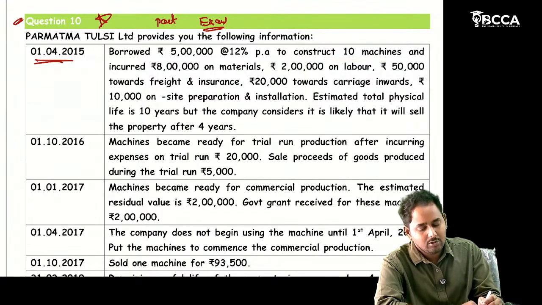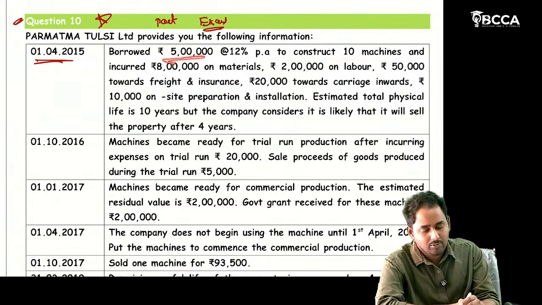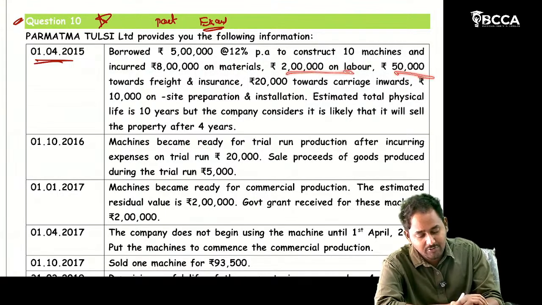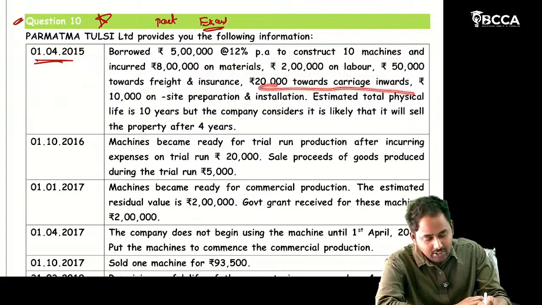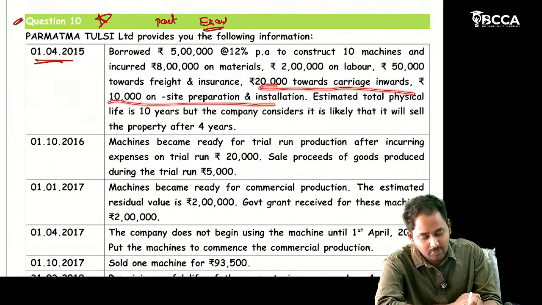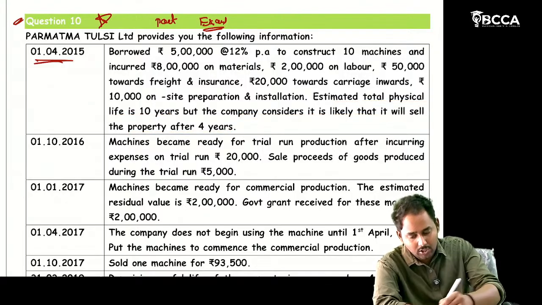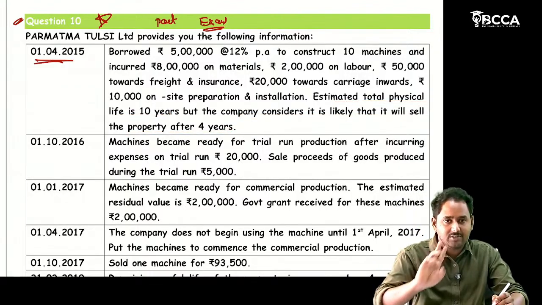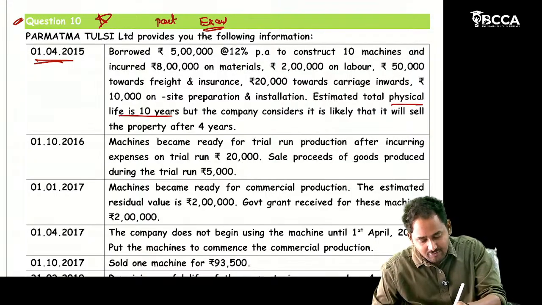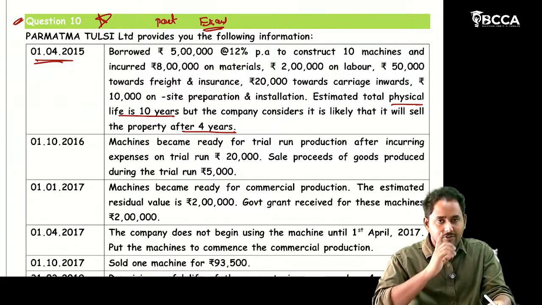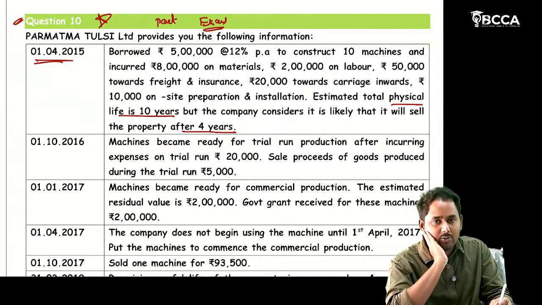Then on the machine, they are giving the expenses incurred: 8 lakhs on materials, 2 lakhs on labor, 50,000 towards freight and insurance, 20,000 towards carriage inwards, and 10,000 on site preparation and installation. The estimated total physical life is 10 years, but the company considered it likely that it will sell the property after 4 years. So here my doubt is, there are two lives. One is physical life and the other is that the company wants to sell it in the near future,